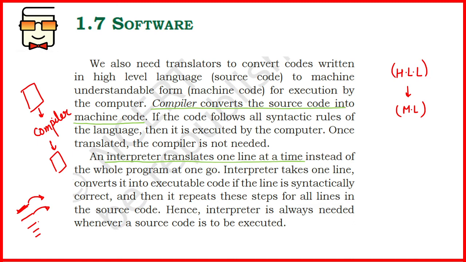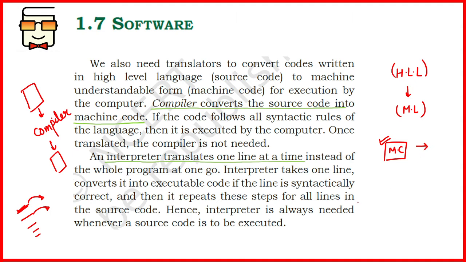and then it gives you the machine code. Once we have the correct machine code with us, we do not need any compiler any further for execution. So the compiler is required as long as you do not have the machine code. Once you have the correct machine code, you can use that machine code to run it on any language.